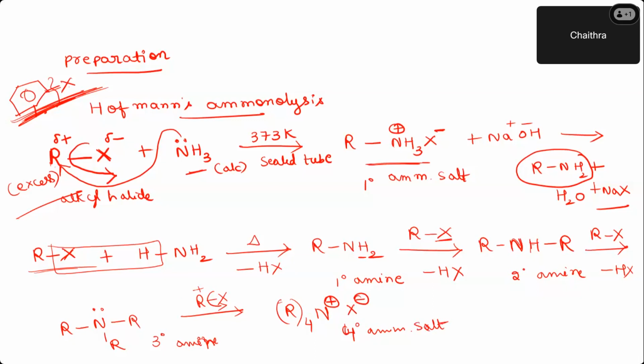Okay, so let me show one example to you. Then you will understand in a clear manner. Now I used alkyl halide, right? Can you tell me what the reactivity order of alkyl halides is, guys? X stands for what? Halogen. So what are the halogens you have seen in the periodic table? 17th group elements: fluorine, chlorine, bromine, iodine. We don't take astatine and tennessine. You can remember fluorine to iodine. Can you tell the reactivity order of these alkyl halides? Who should be more reactive and why? Why is RI more reactive?